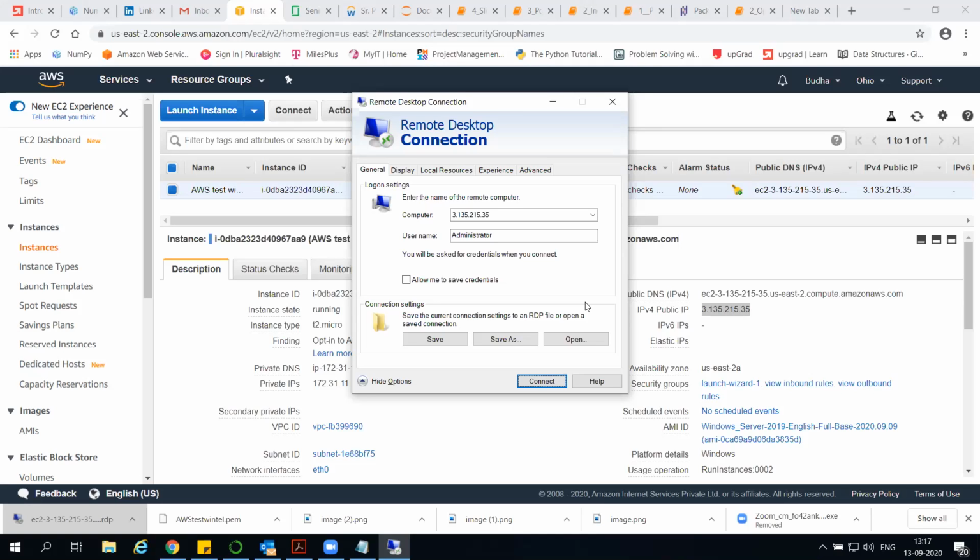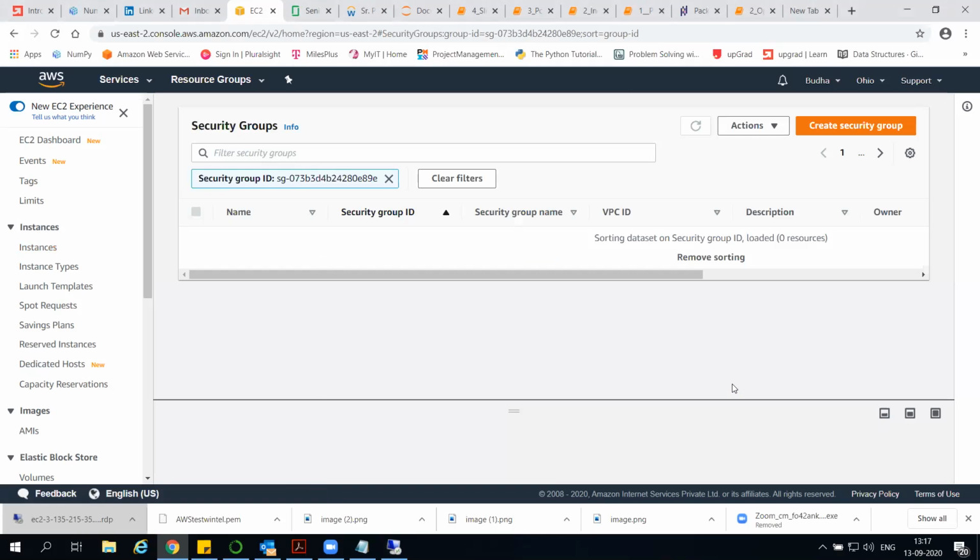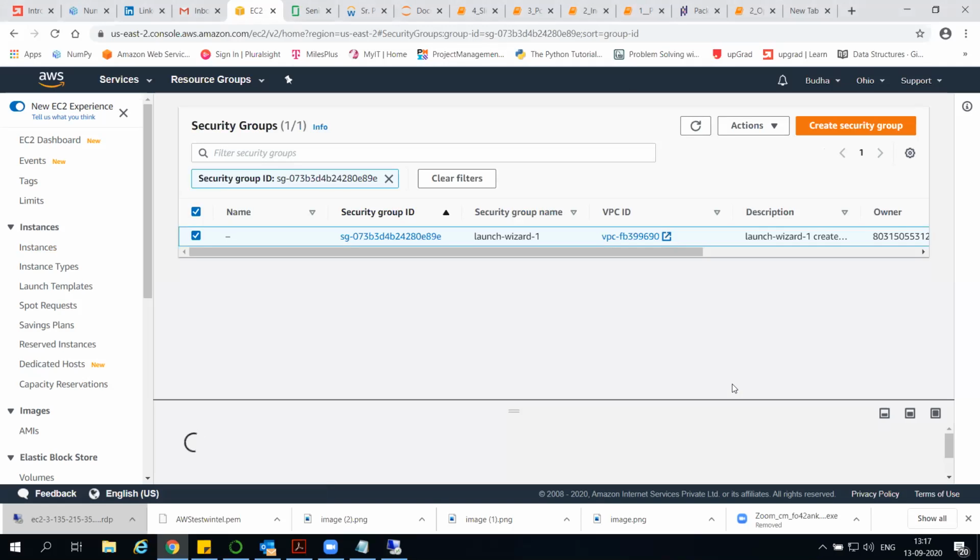One more reason: Buddha, you try going to that firewall and allow any from any source. Allow 0 to 0. Just change it to 0. If you are logged in to the office VPN, then just log off.